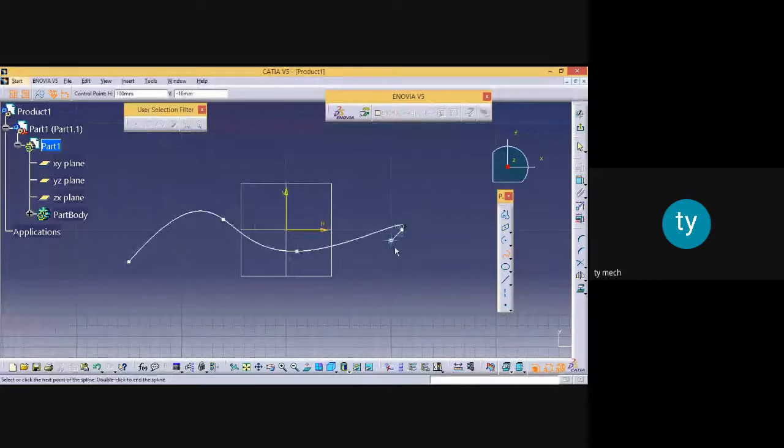I have drawn very critical models by using this spline command. I will also show you how the spline command is used for modeling purposes, and how interesting it is, afterwards. Okay, then this connect is also the same, but it requires 2 splines. That also we will see afterwards.